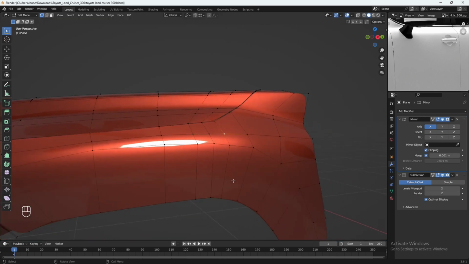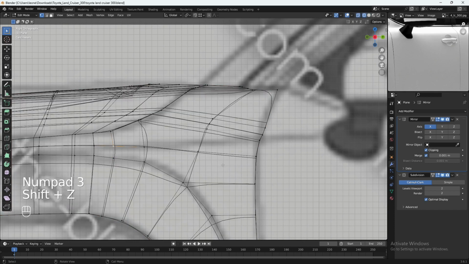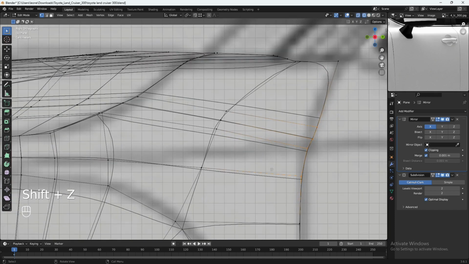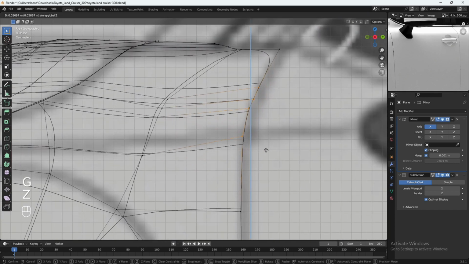Let's go to side view, and I'm going to box select these 4 vertices and let's move them up,